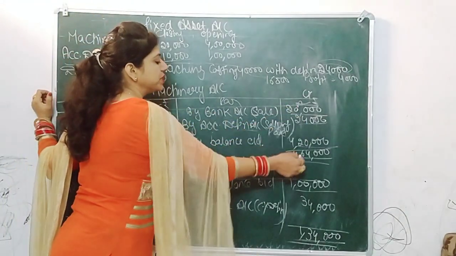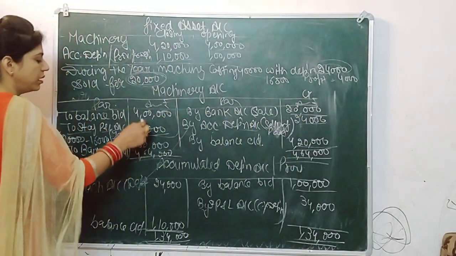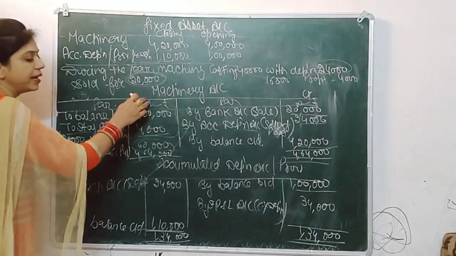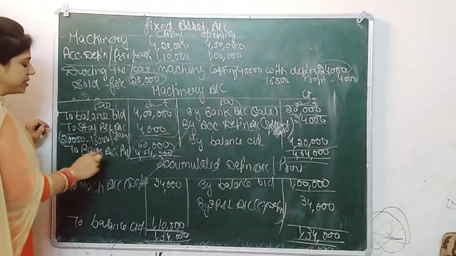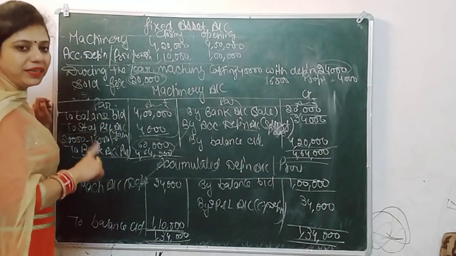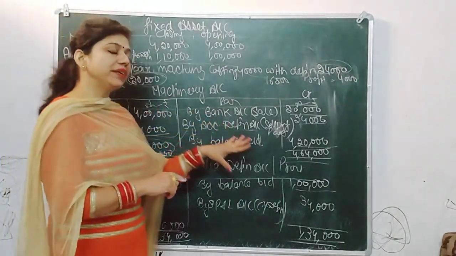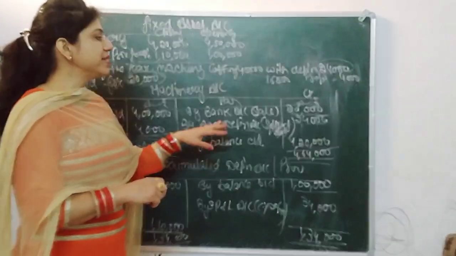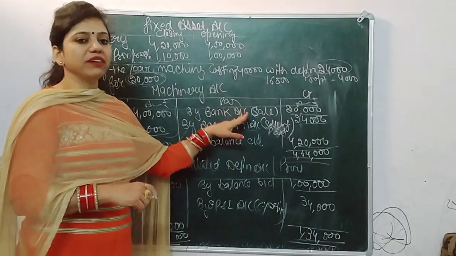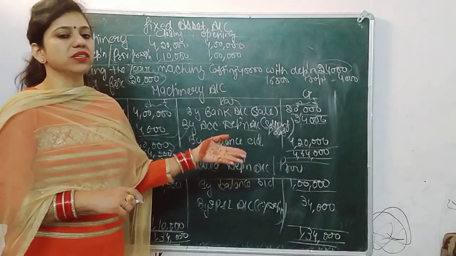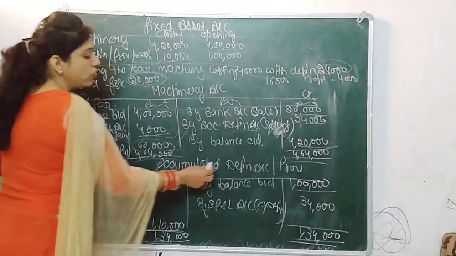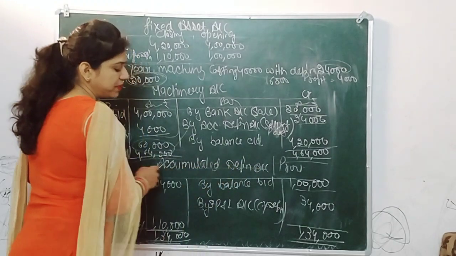Now you have to calculate the balances. Make a total of this side, less opening balance and gain. So the balance we will get is 60,000. It comes on the debit side, which means there is a purchase, because the asset is increasing. If it comes on the credit side, then definitely the selling part depreciation is not given in the question. In that case, that will be treated as current year depreciation, which I will tell you in the second case.